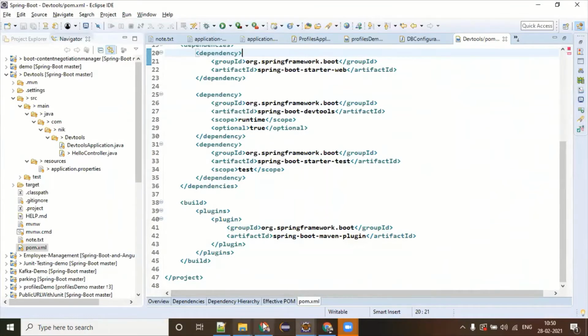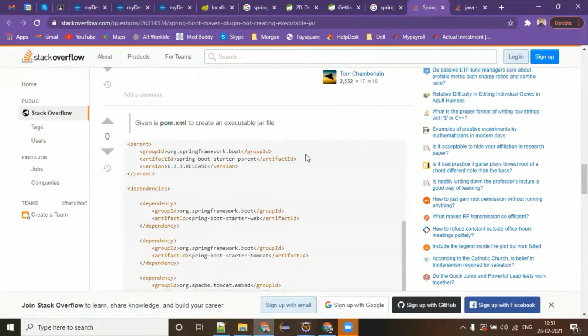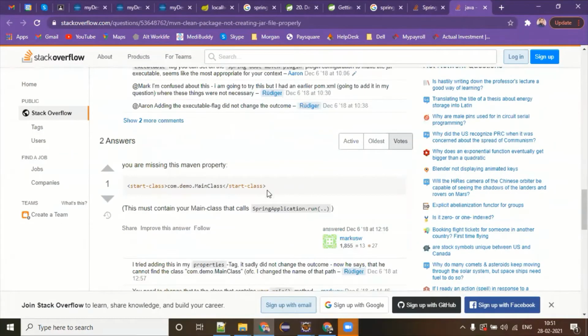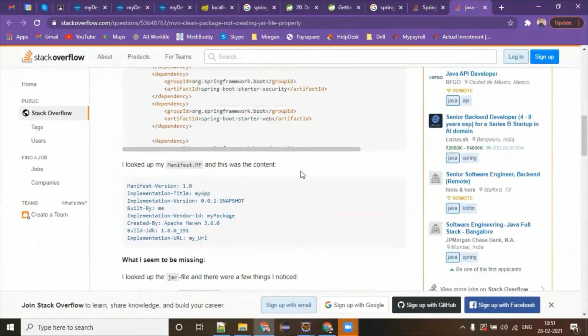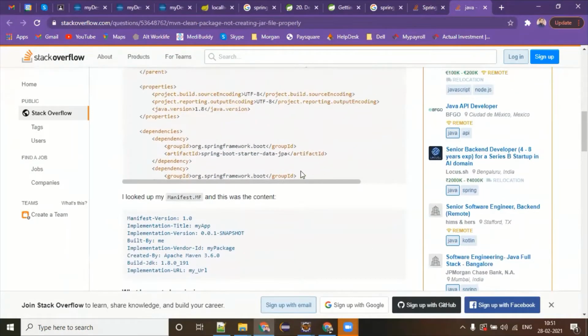Okay, but have you noticed that the jar was created initially? Without doing anything, it was created for my application. And where does this go? This would be a part of my project.